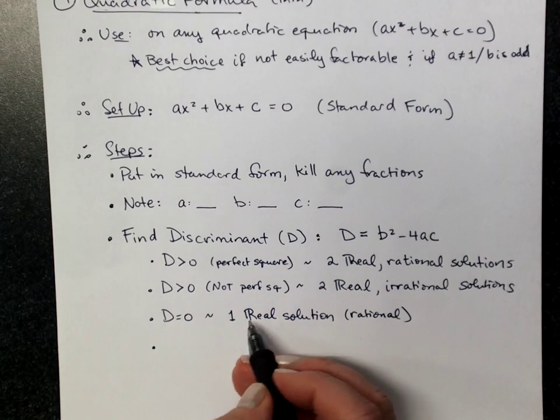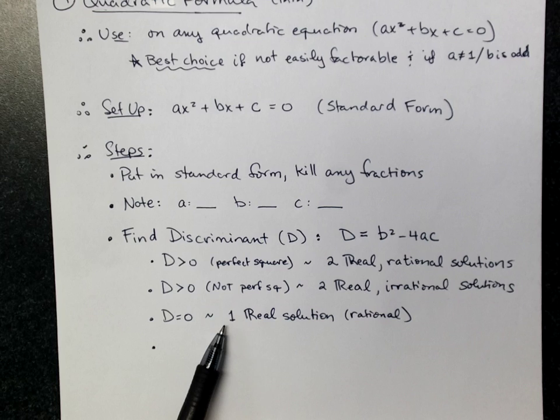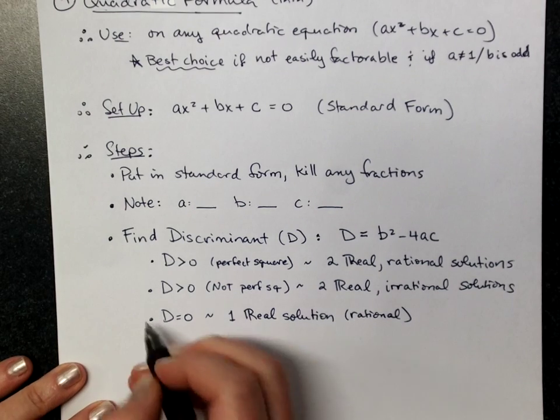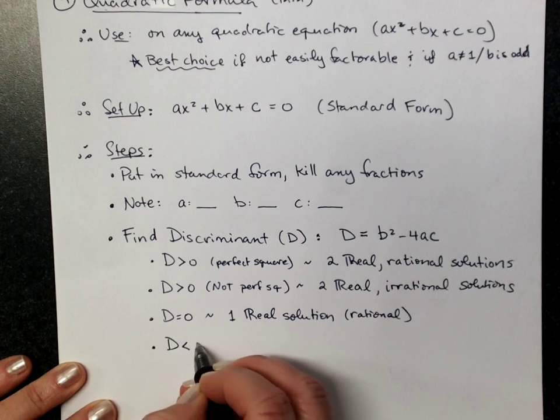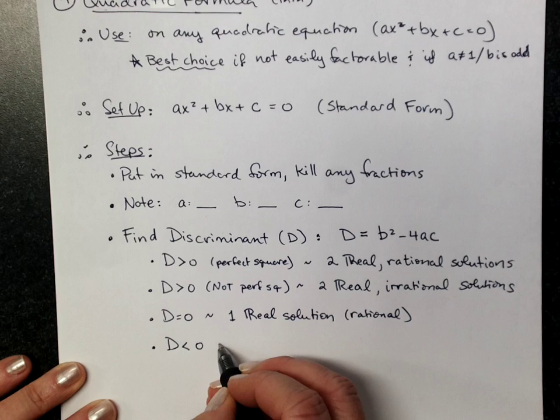Now, one real solution means one x-intercept. What does that mean the parabola would look like? Now, a parabola is always a curve, but how many x-intercepts will you have? Just one. So the vertex would be at the x-intercept. At the x-axis, right. The vertex and the x-intercept would be the same. It would touch the axis there. And D less than 0 means D is negative. Your radicand is negative, which means your solutions are